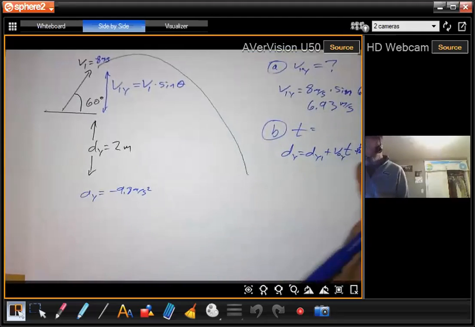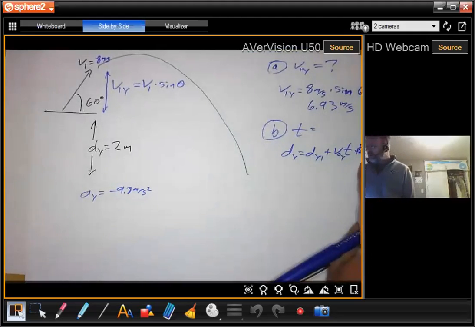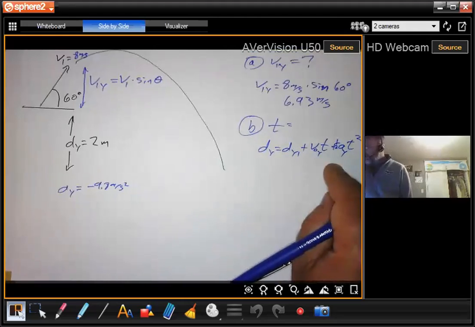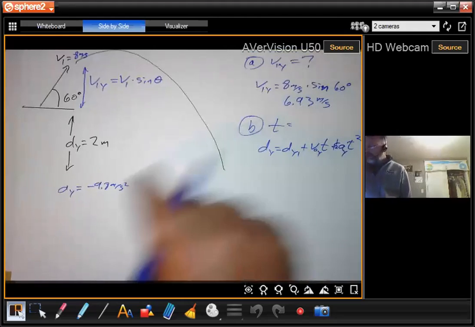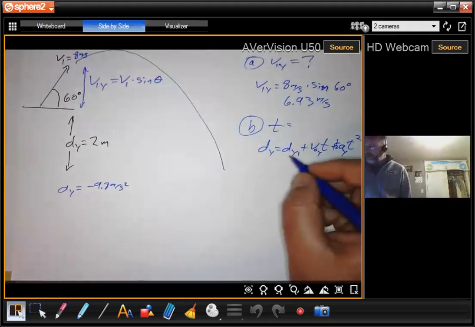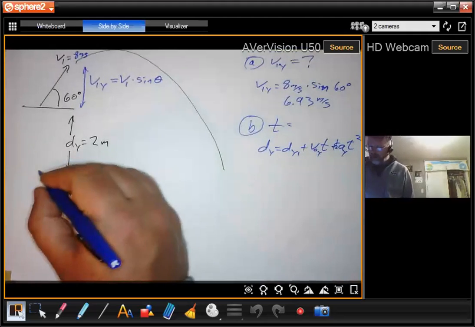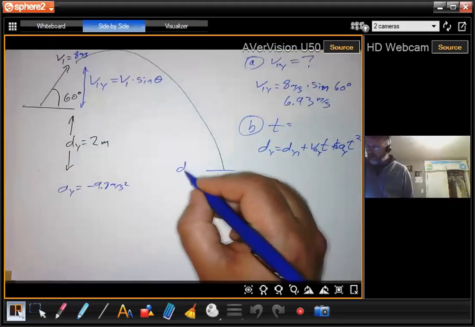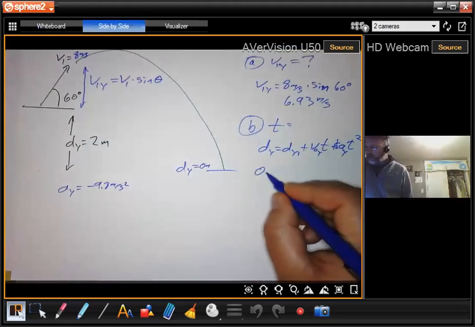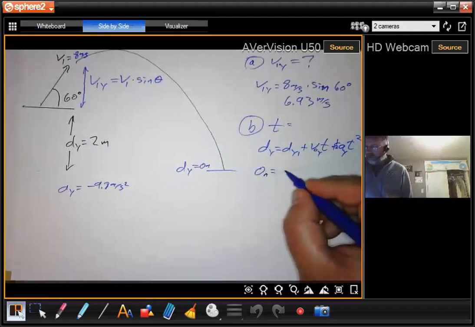All right, so we get our whole equation in there. Sorry about cramming that in. Now we can start filling in what we know and what we don't know. We know when she hits the ground, dy final is going to equal 0 meters. So I'll have 0 meters equals